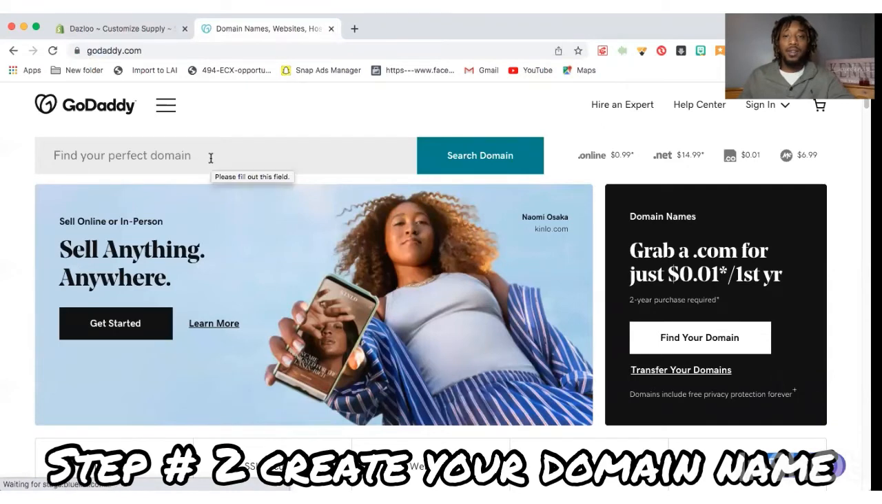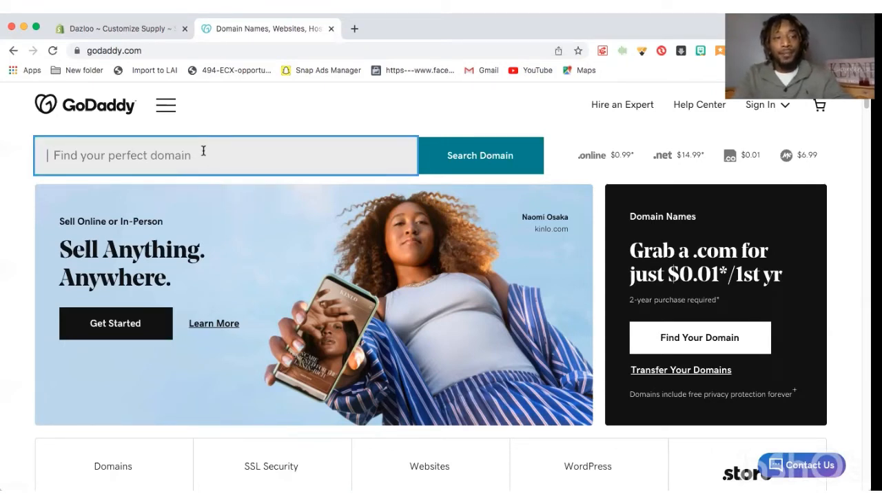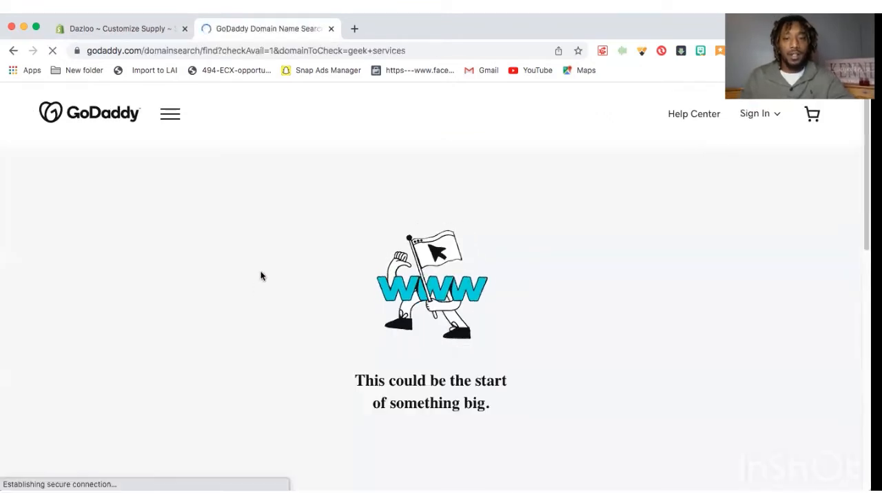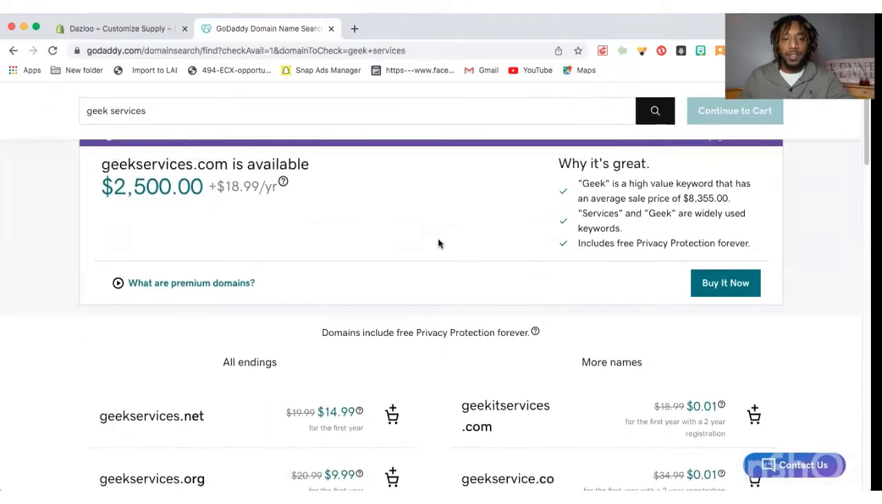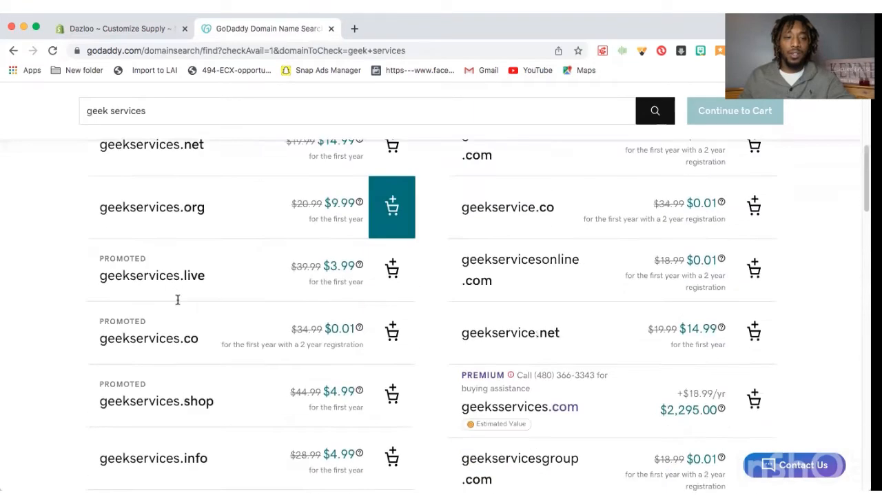Now, this is going to be where we're going to be able to create our domain name. So it's going to be as simple as typing in whatever your domain name is, and seeing what it generates as options for which you could potentially use as an actual domain name, right? So my brother's company, type in Geek Services. Let's see what URLs might be potentially here for him. So they have geekservices.net, geekservices.org, geekservices.live,